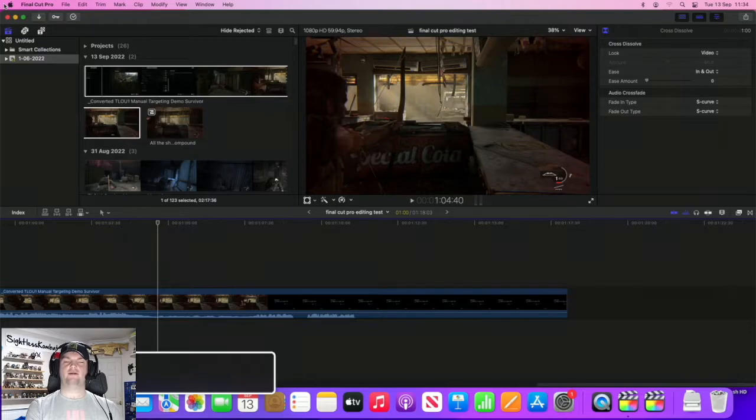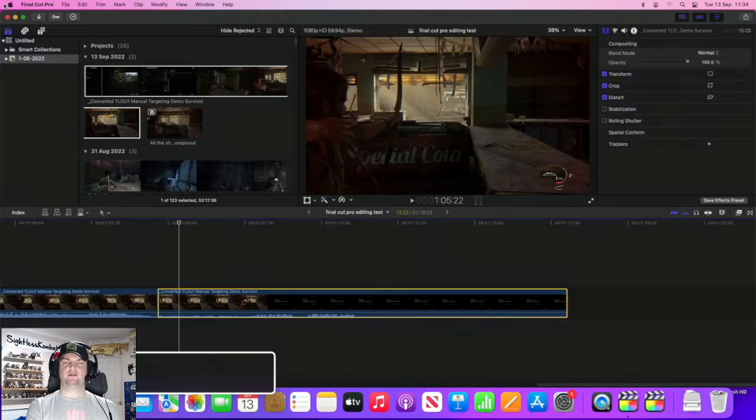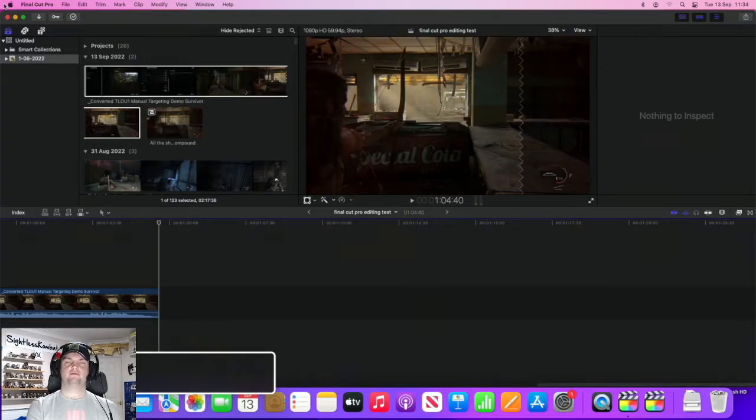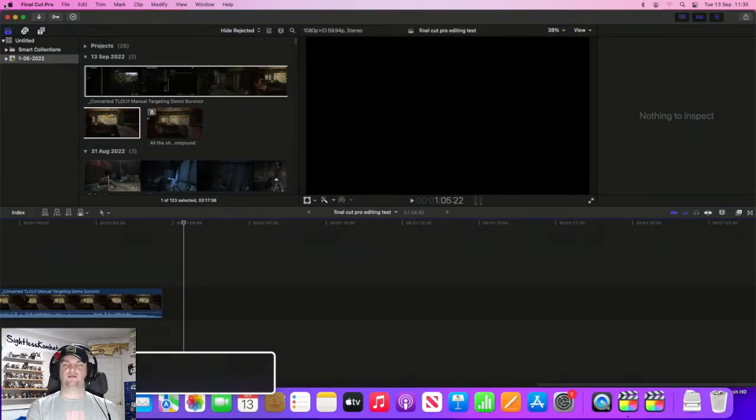Let's put it there, why not? So if we hit blade, then we wind forward and we select the clip. With C, we delete with backspace. So if we want to make sure there's a fade at the end of that, we can go